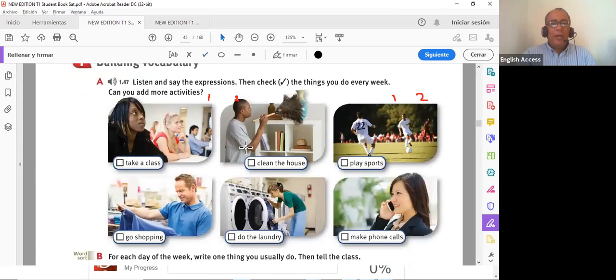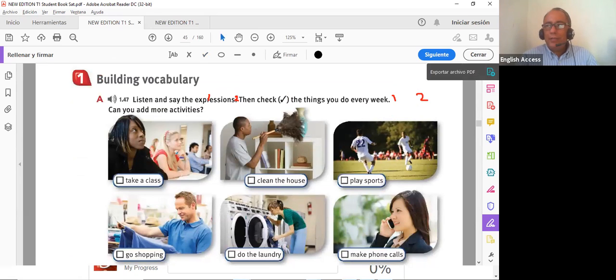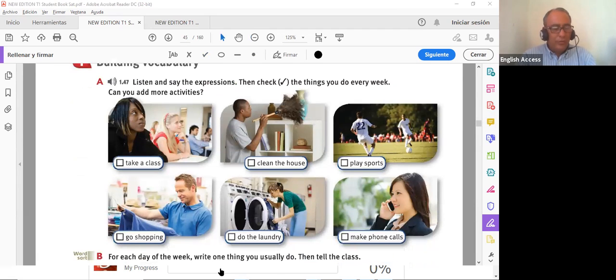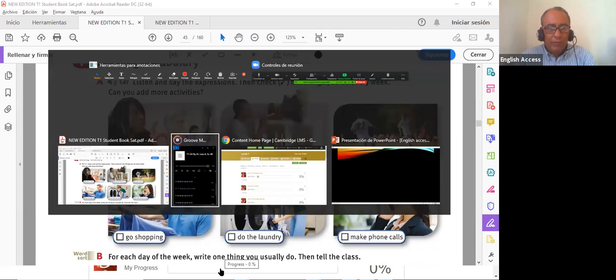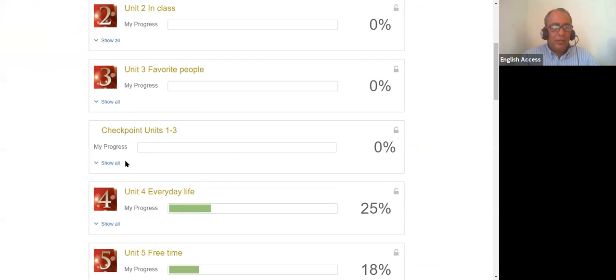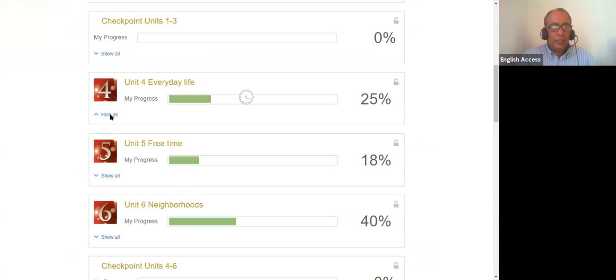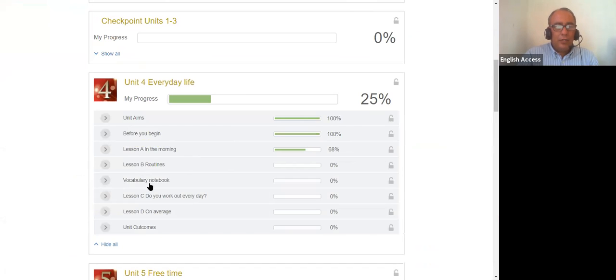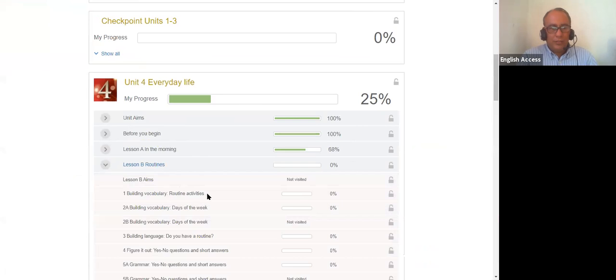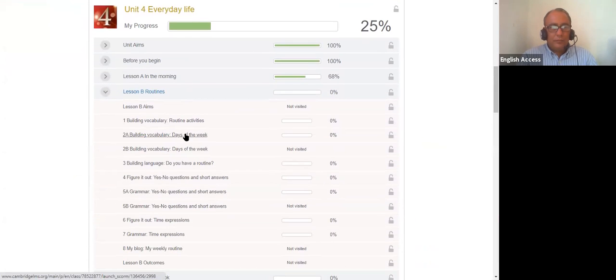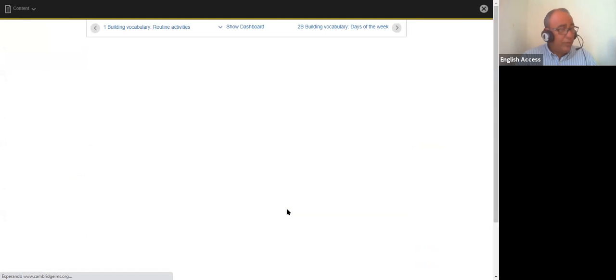Now here we have more activities. More activities that we can do during the day or during the week. So take a class is one. Let's go to the platform because I believe there is one activity there that we can do all together. In your lesson B, more routines. Days of